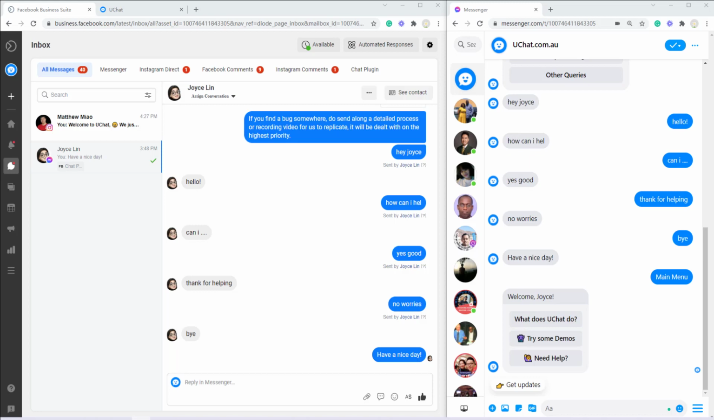Hello guys, this is a quick update about how to stop and recover bot automation in Facebook inbox. On the left hand side is what an agent can see. This is Facebook inbox. On the right hand side is a user. Now when a user talks to your bot,